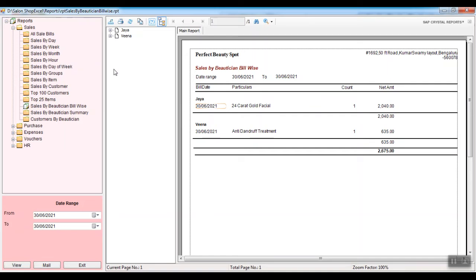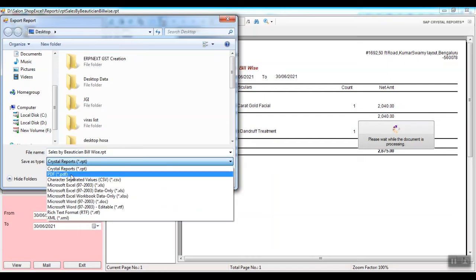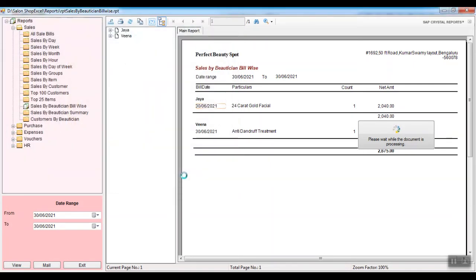Here all the reports can be exported to PDF or Excel. Click here, export report. You can export it to PDF or Excel. Give the name, click on save.